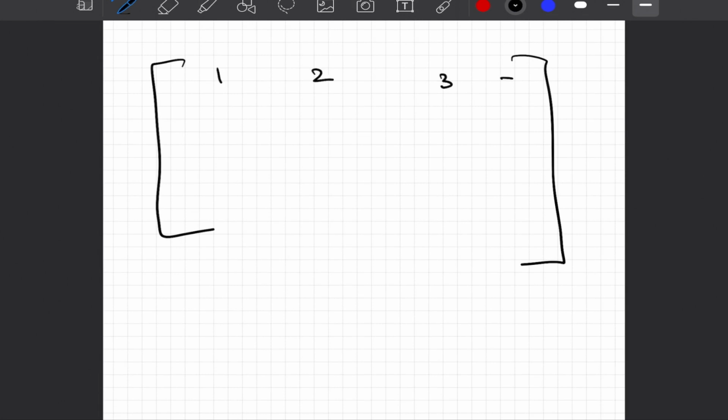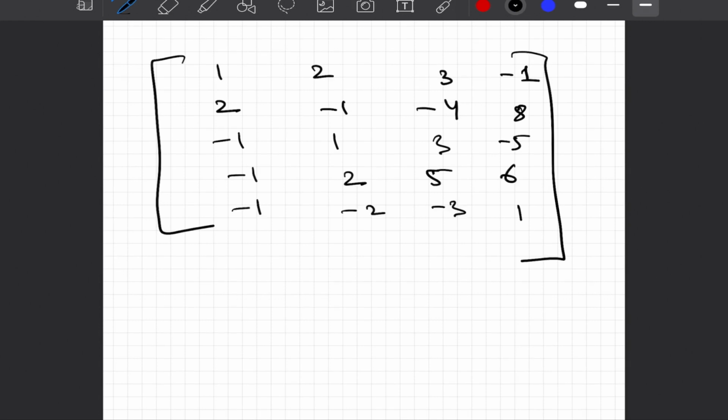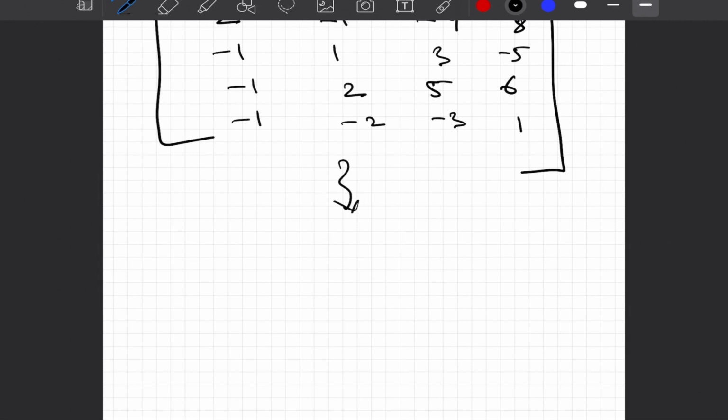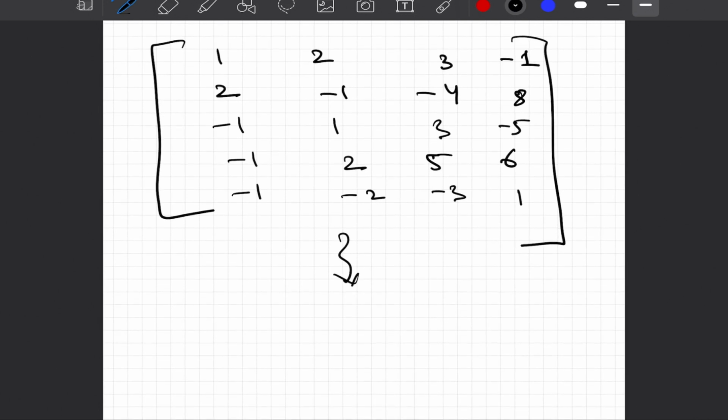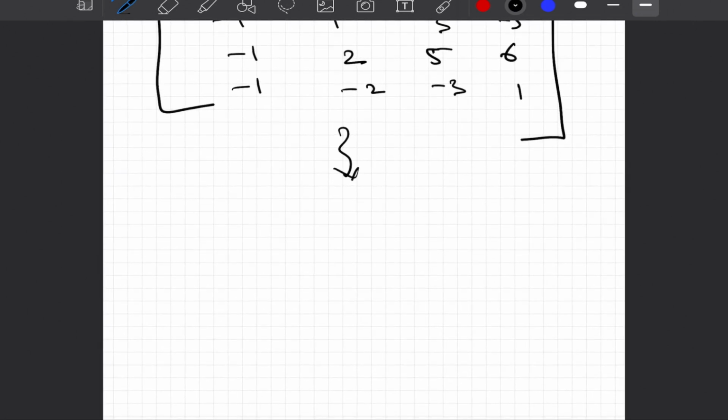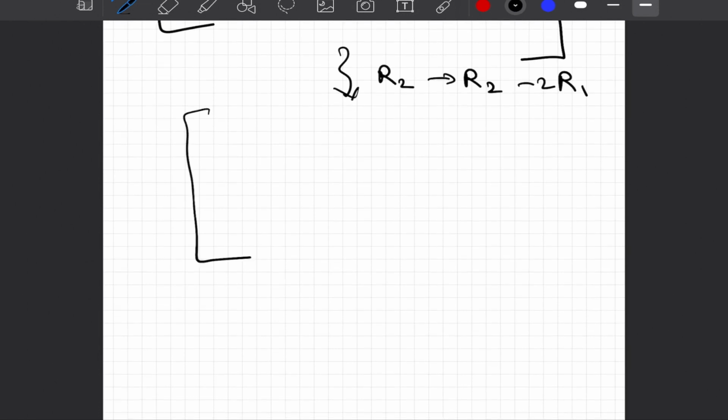What we will do is put all these numbers in the form of a matrix. So I will just quickly do it. Minus 4, 8, minus 1, 1, 3, minus 5 and so on. Now once we obtain this matrix, we will apply some row transformations. The idea is that we have to convert it into staircase form and make sure that the first non-zero element in each row is equal to 1. So the first transformation I'm going to use is R2 equal to R2 minus 2R1,